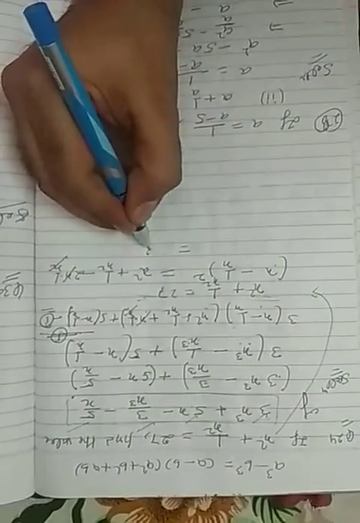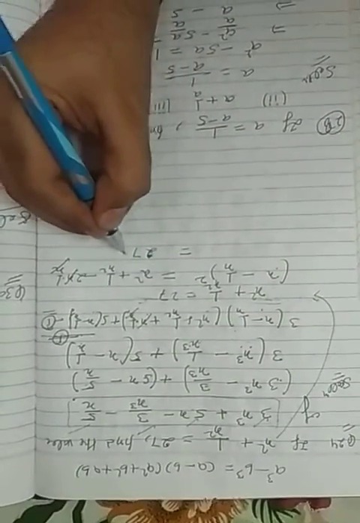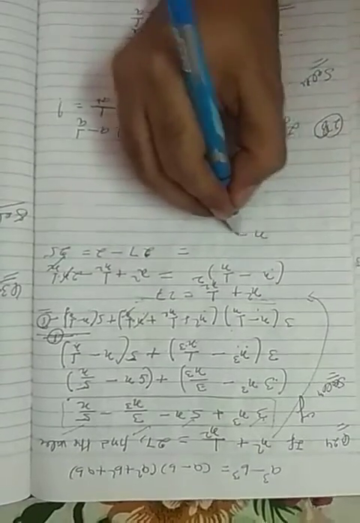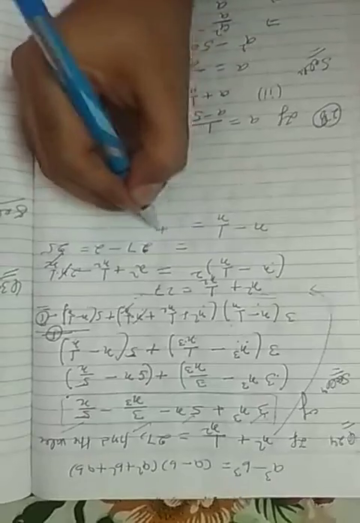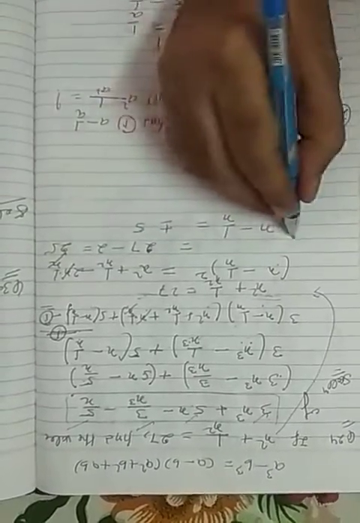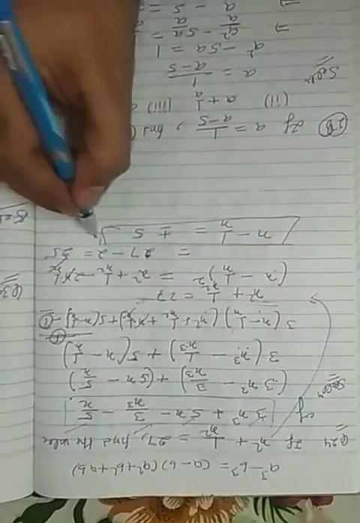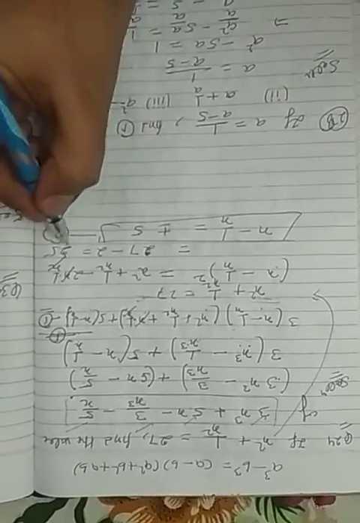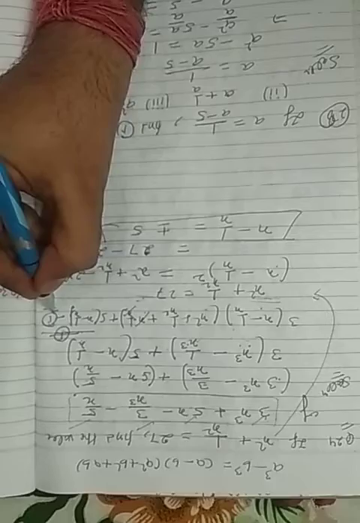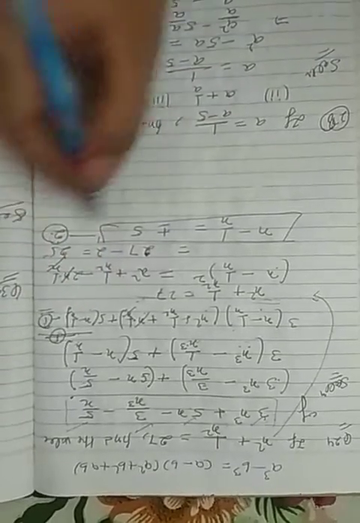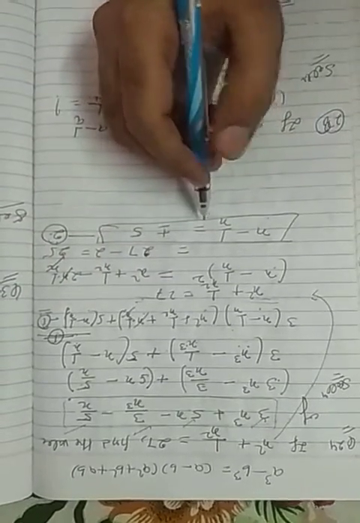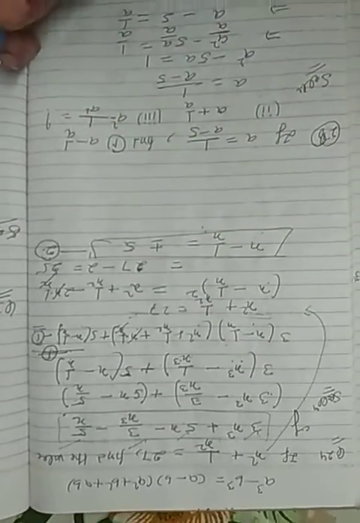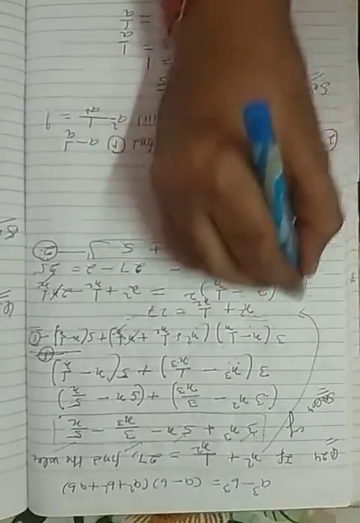Here we put x square plus 1 upon x square, 27, minus 2, that is 25. After taking the square root we get plus minus 5. Now this value, x minus 1 upon x equal to plus minus 5, suppose that this is 2, so from 1 and 2 put the value in equation number 1. Okay, so x minus 1 upon x, only we take positive value, you can solve also with negative value.